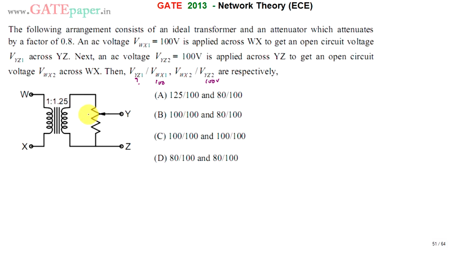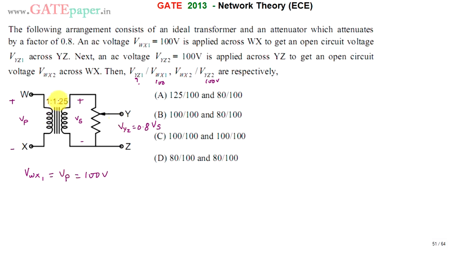Here it is the attenuator. Say this is the primary of the transformer, VP, and this is the secondary of the transformer, Vs, plus minus. The secondary of the transformer is the input for this attenuator. So VYZ can be written as 0.8 times Vs. If VWX1, which is nothing but VP, is given as 100 volts,